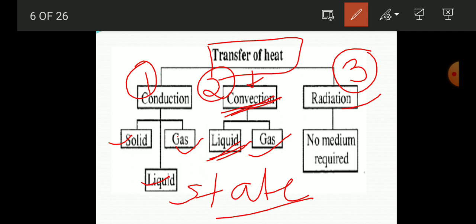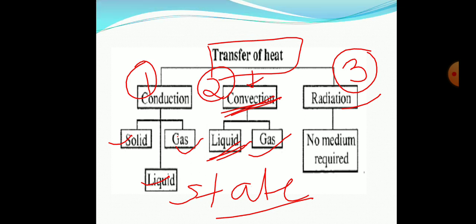In that case also, the heat is transferred from the sun to our planet, and this transfer of heat is radiation. So we get the sun's rays by radiation. Never forget the example of radiation, that is the transfer of heat from the sun to our planet. So this is the chart.